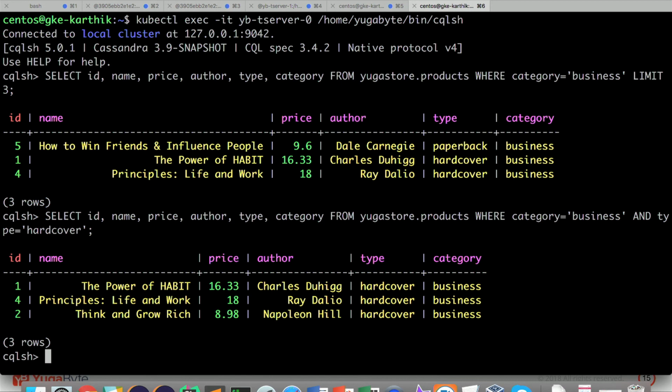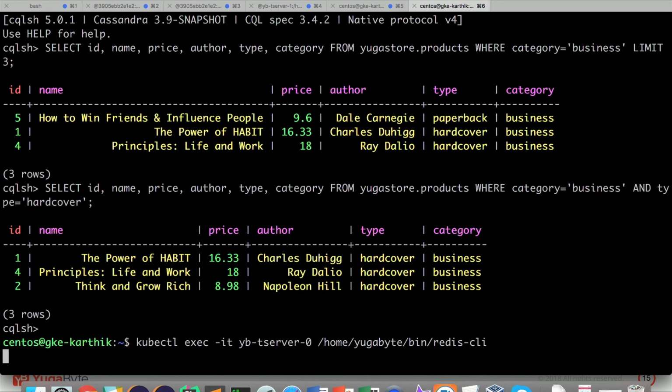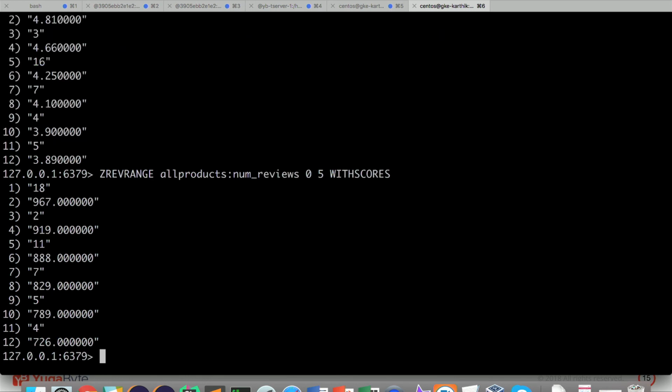So for that, we have the Redis API. Right? So now you can connect to Redis. It's the same data fabric underneath, but exposes a different table through a different API. And you would say, give me the top 5 books by the total number of stars that they received, aggregate stars. And it shows you that book ID number 2 got 4.81, and 3 got something, and so on and so forth, right? And it's pretty easy to update the set in Redis. Similarly, show me the top 5 books by reviews in the descending order, and you see that data show up,